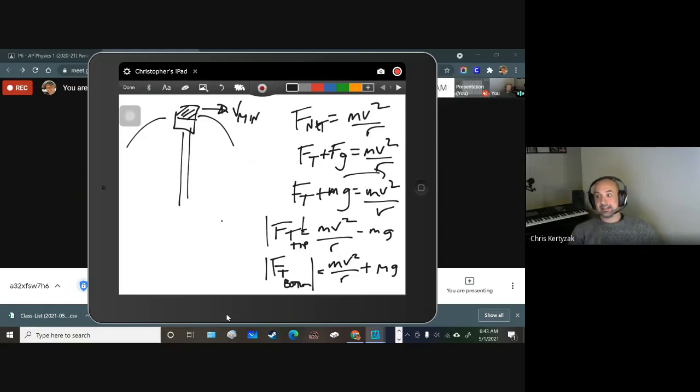If you're going anything less than that minimum speed at the top, water comes out of the bucket and lands on your head when you're doing this trick. So their question is usually, derive a formula for the minimum speed so that water does not come out of the bucket. Remember, if you're actually going at the minimum speed,